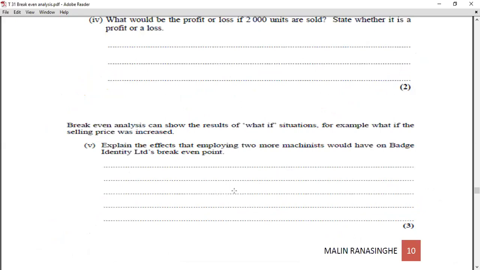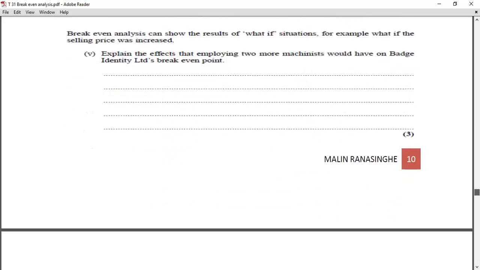So what is VC? Variable cost. What is TC? Total cost. What is BEP? Break-even point. So you can show this interrelationship. You may feel this is a little bit highly technical, but if you have the knowledge, I think it's not difficult, because we talked about it: when cost increases, break-even will increase. But you have to identify correctly what is a fixed cost or a variable cost. So machinists go under direct labor.